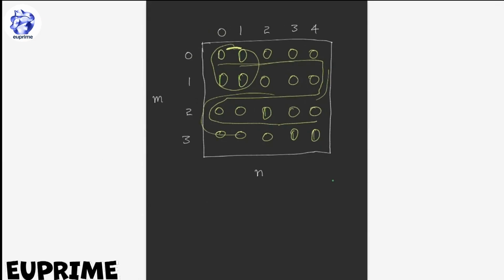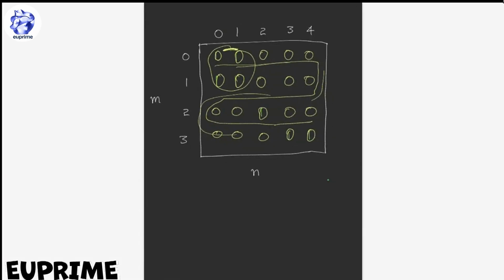Let's talk about the time complexity of this problem. The time complexity is essentially O of m cross n. That's due to the fact that you traverse through the entire grid, and every time you encounter islands, you turn them into zero, and you don't go back again. So even the space complexity